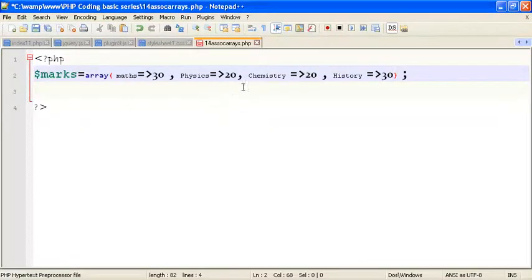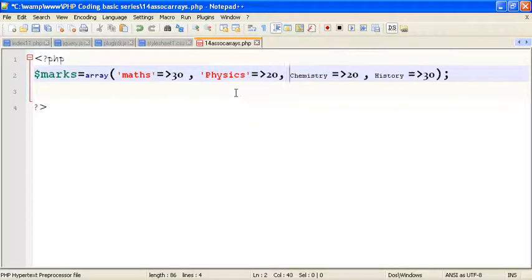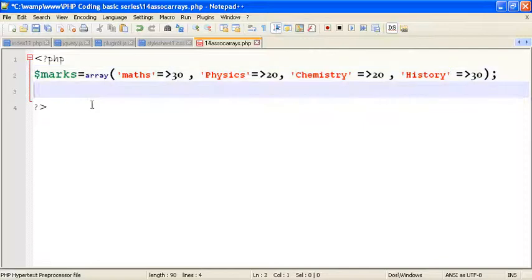We have now defined the indexes and the values inside the array. The only thing to note here is that the indexes should come inside single quotes. So just give them single quotes. You can see how they are neatly changing to a color red because I have used my textpad editor to make a few changes in the way the code looks when I write it, so that I get a good feel about it.